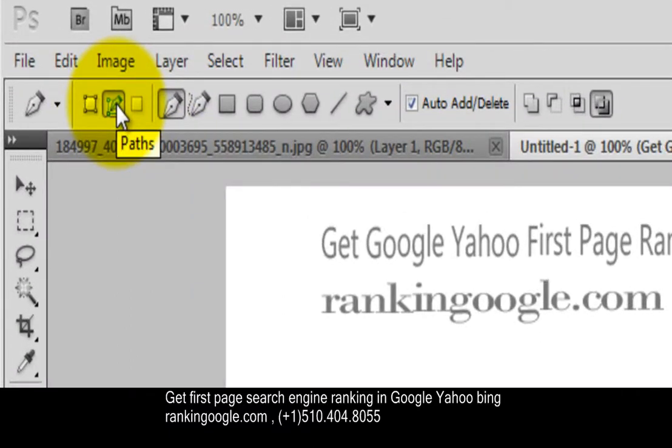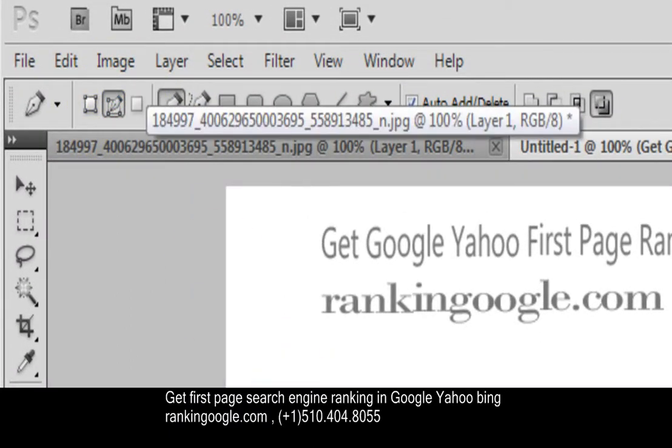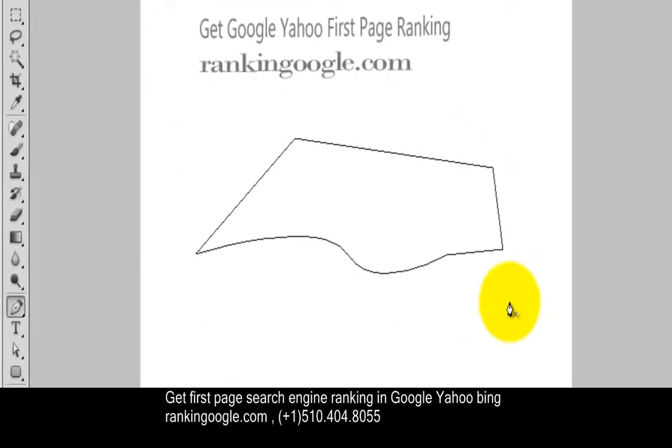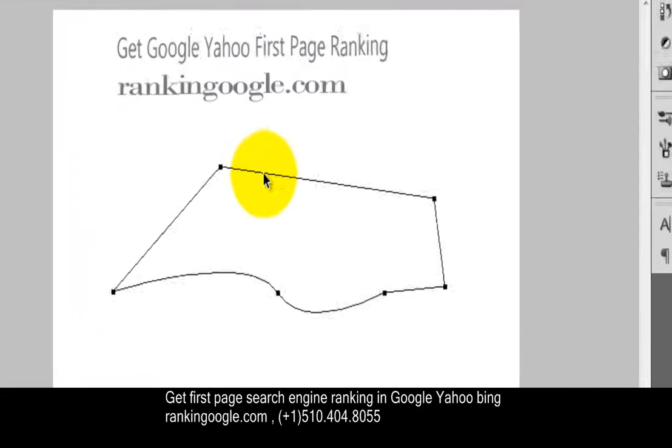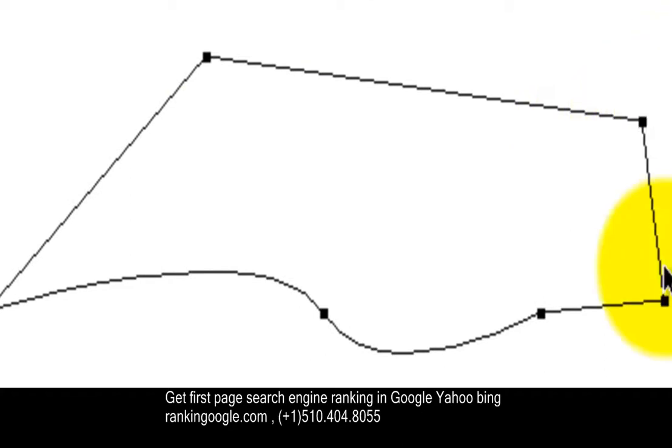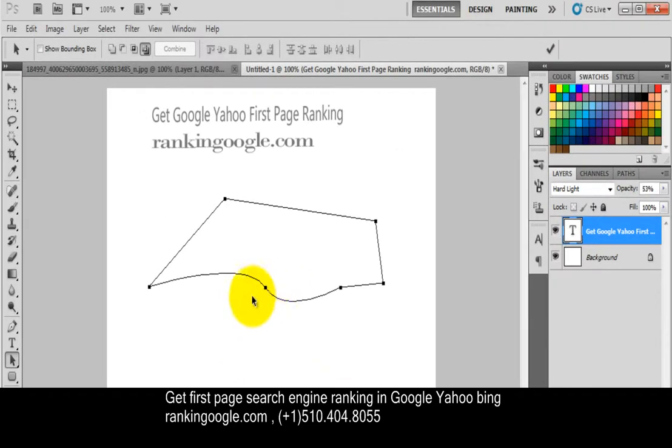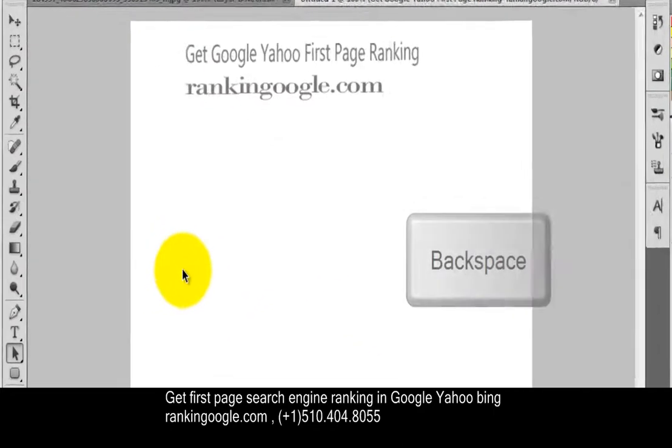Now Path is selected in the options bar of the Pen tool, and I have drawn this path. This looks like a shape, but it is actually a path. There is no fill. Now clicking the Path Selection tool, clicking here, you will see the corner points are black squares. I have selected the Path Selection tool, the black arrow.